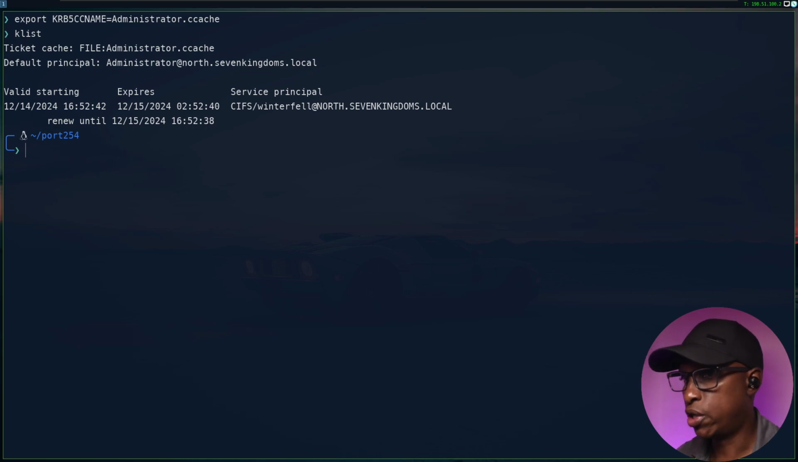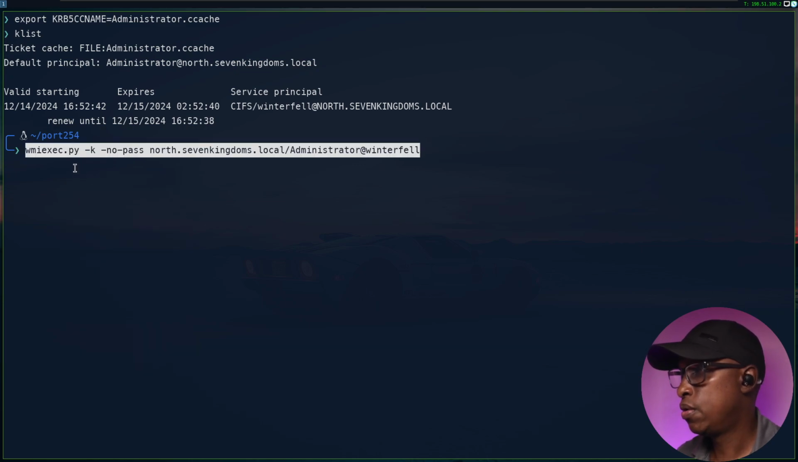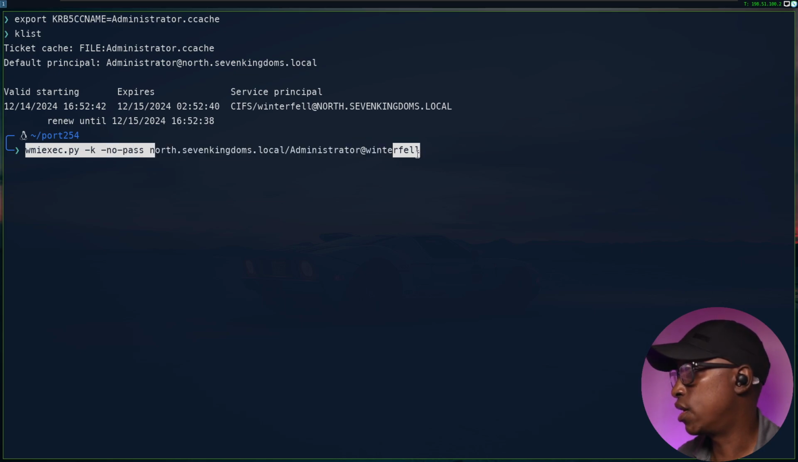So now what can we use this for? We can use three options: we can use WMIExec, we can use PsExec, and we can use SMBExec. We'll go through the three of them, and I'll start with WMIExec, which is this. Again, it's part of Impacket. So if I run that command with -k, which is going to use the ticket, -no-pass, the domain, and administrator@winterfell, and if I run that,